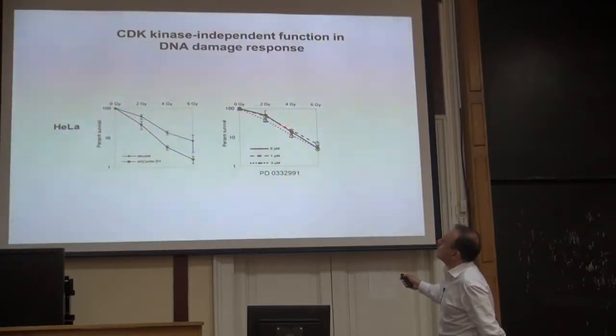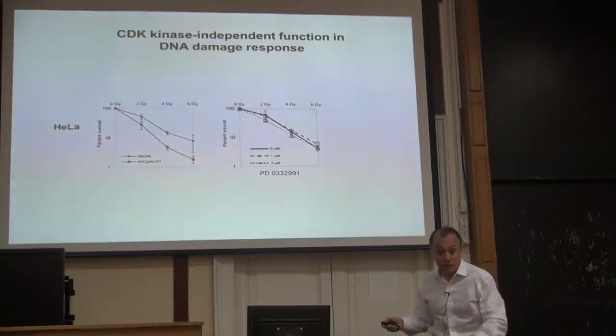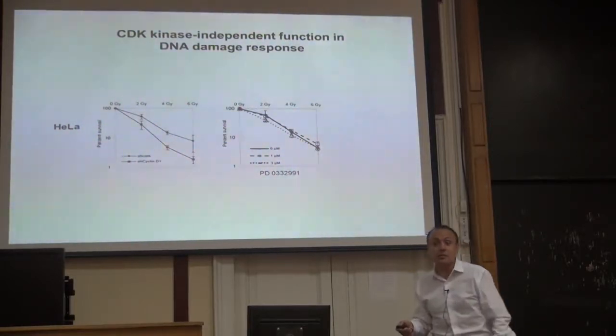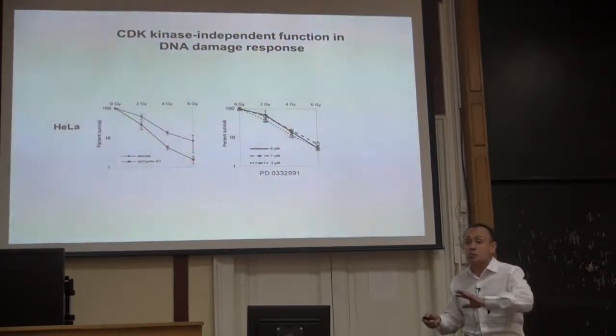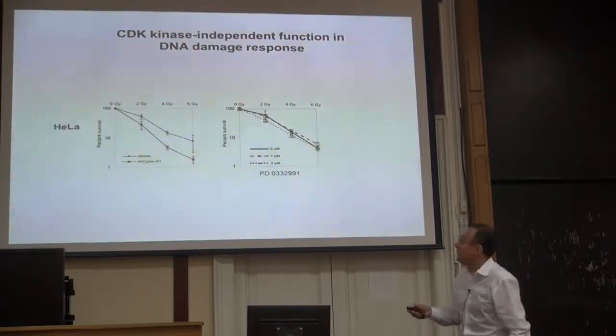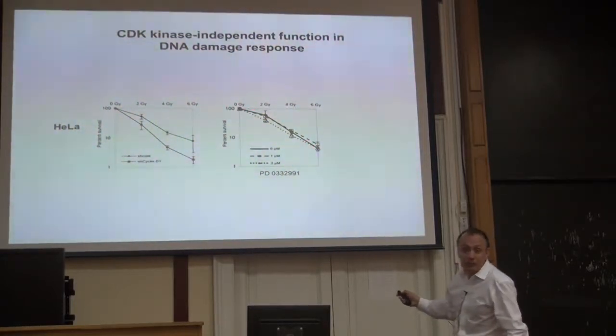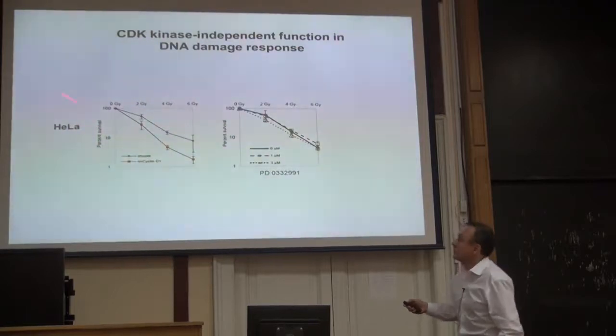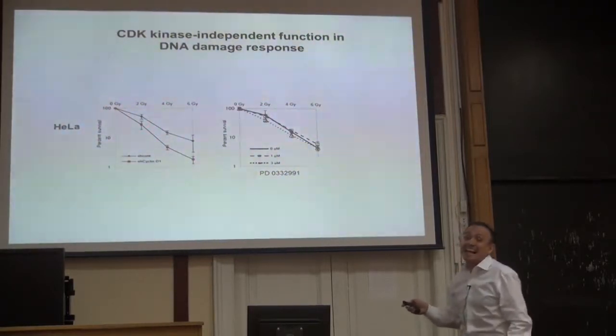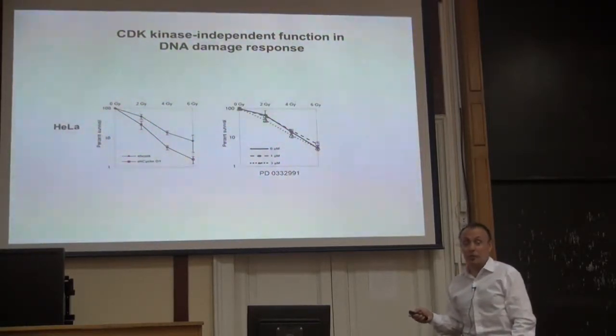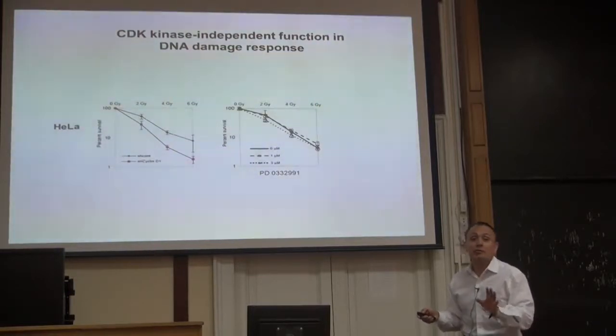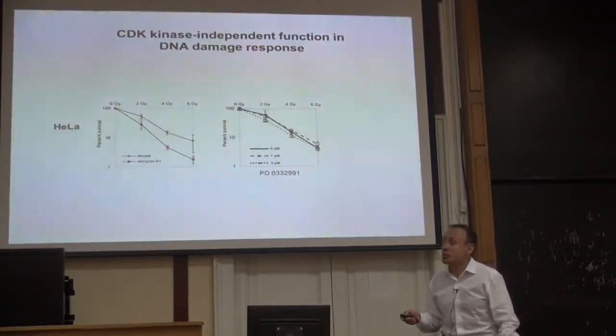And here, rather than knocking out cyclin D1 or knocking down cyclin D1, we are treating cells with this inhibitor that I introduced in one of the lectures, PD033291, which wipes out the kinase activity of cyclin D1. A treatment with this inhibitor has no effect. So that's kind of interesting, because this is dependent on cyclin D1, but not the kinase activity of cyclin D1 CDK4. So it seems that we have something new, some new function of cyclin D1 that is not dependent of